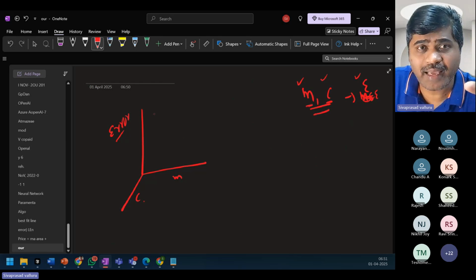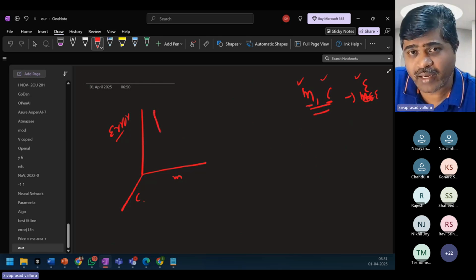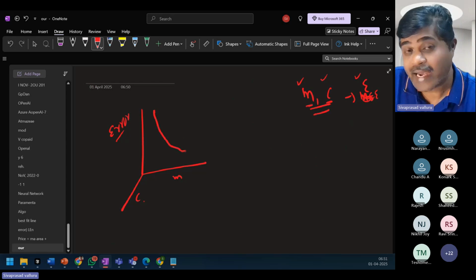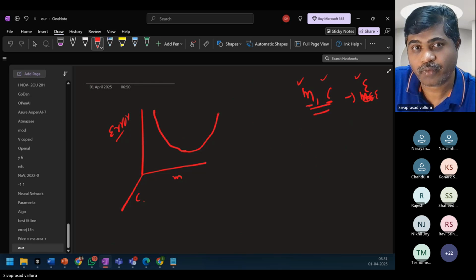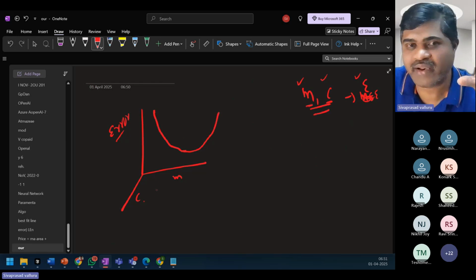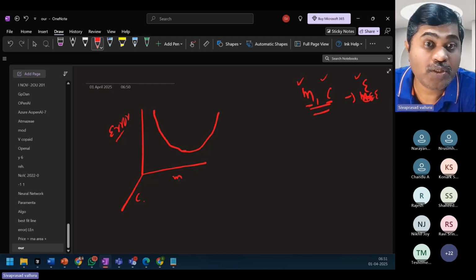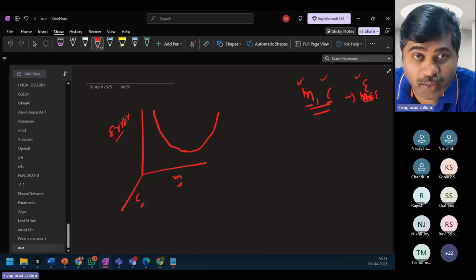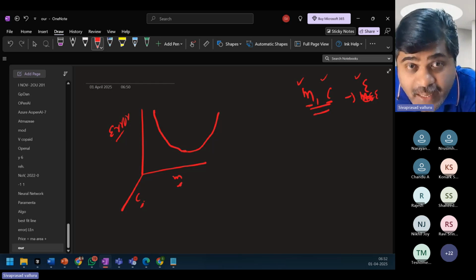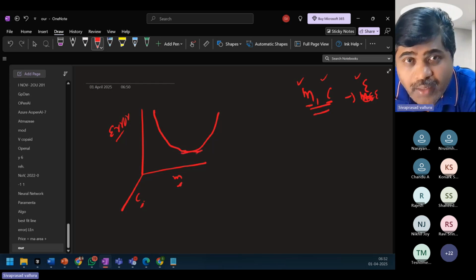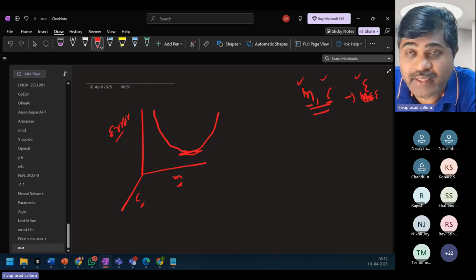Maybe initially the error is this much. As the algorithm runs, the error will try to reduce. At some point, the error will again start to increase. This is actually a 3D diagram, which is difficult to visualize, so I'm showing you like this. For each value of M and C, we calculate the error, and the error will slowly decrease, and after some point, it will start increasing.